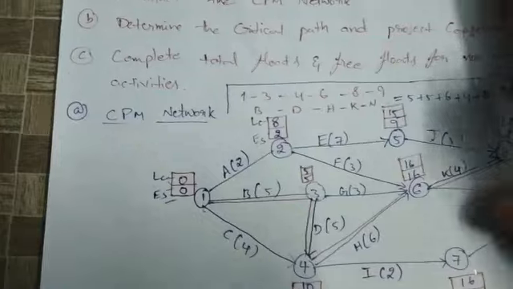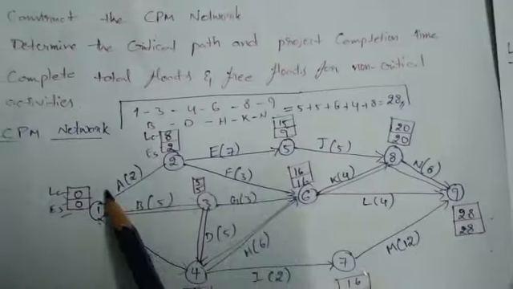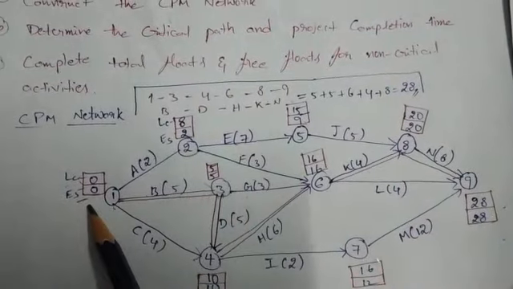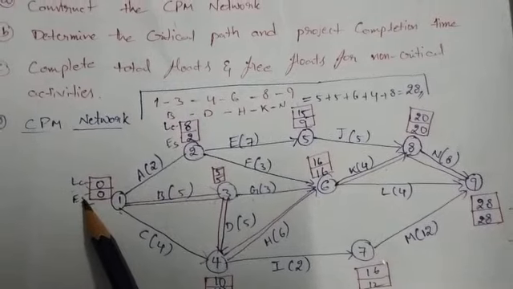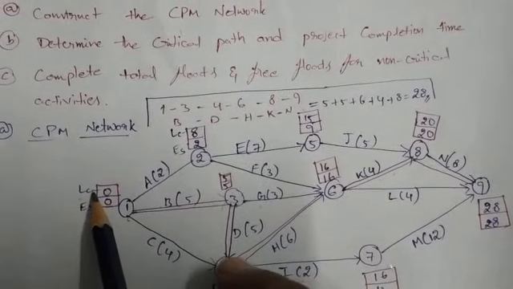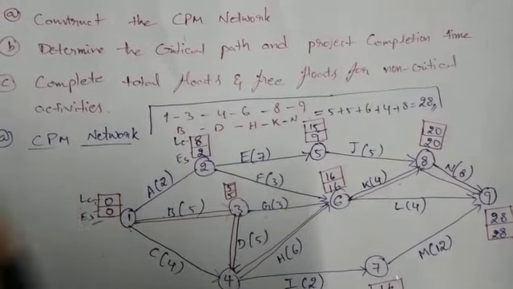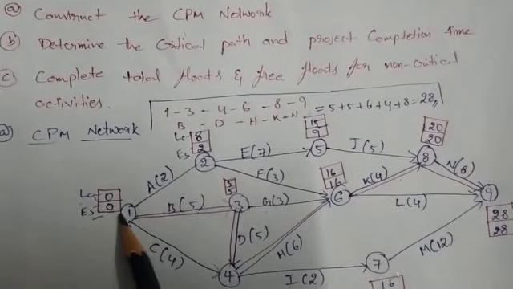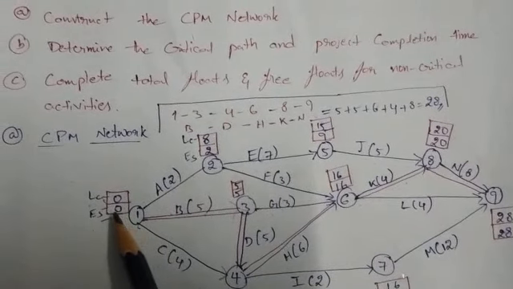So first we have to calculate node 1. It will be nodes 1 to 9. For each node we have to calculate the earliest time. ES is the earliest time, LC is the latest completion time, or latest finish time. So the first node is ES. Node 1 is 0. The starting value is 0.